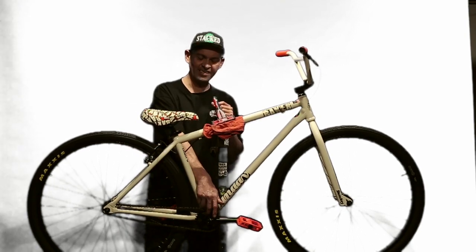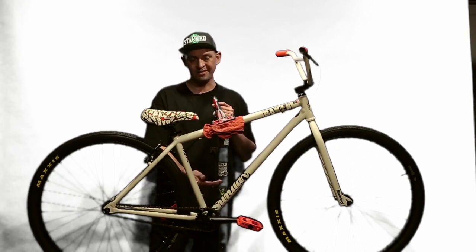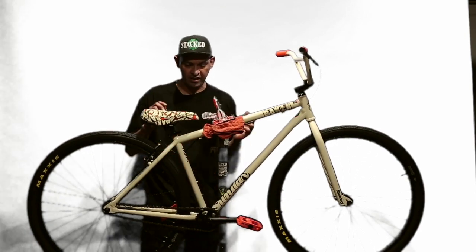This is Jake Seeley's signature Sabertooth sprocket. So this thing's pretty dope. It's super thick. It's made out of aluminum, and it's not going to bend on you. Another cool thing that I noticed is that it's got a